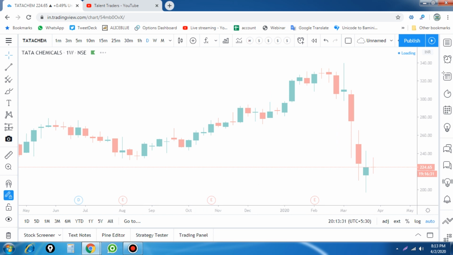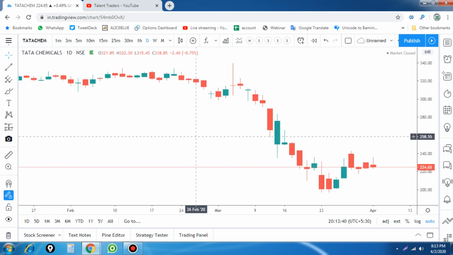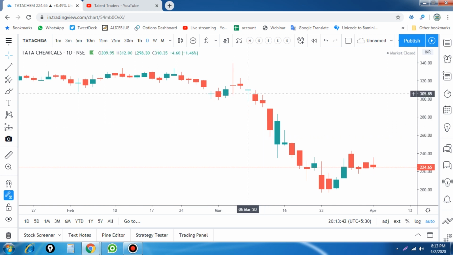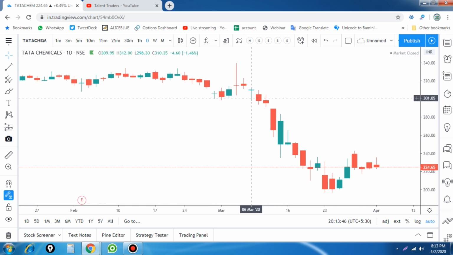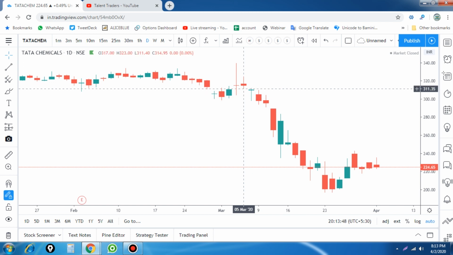So here one stock I have taken for a case study. If you follow this workout on a daily basis, you will find the stocks which form this kind of pattern. You see that this also looks similar, but it has wicks. So we have to find, this is a doji candle, a long-legged doji candle.